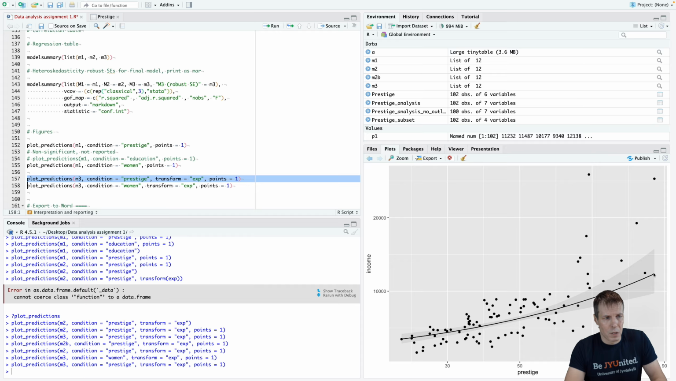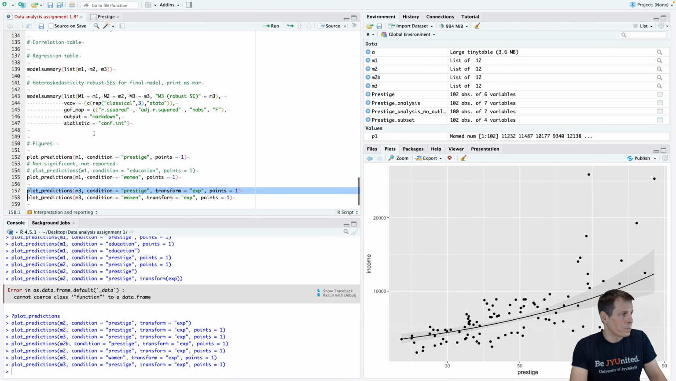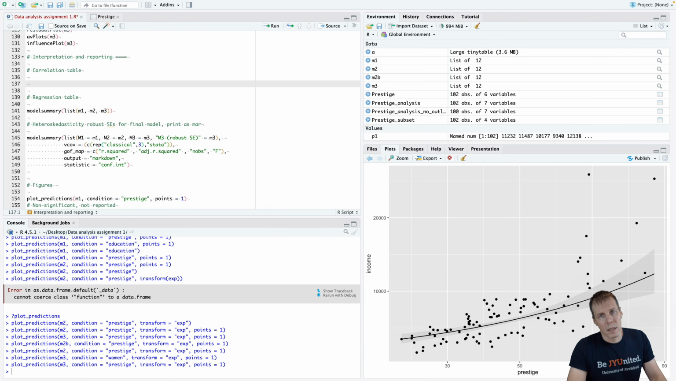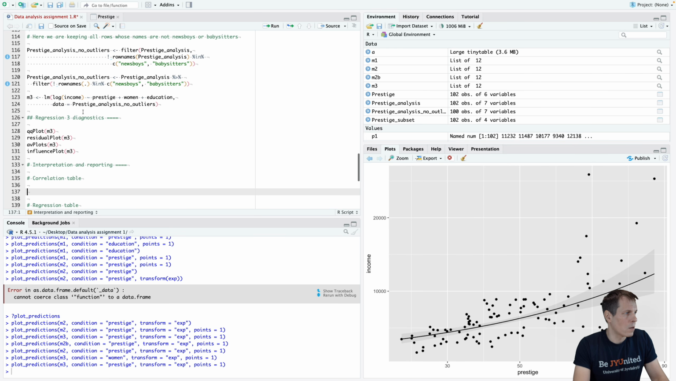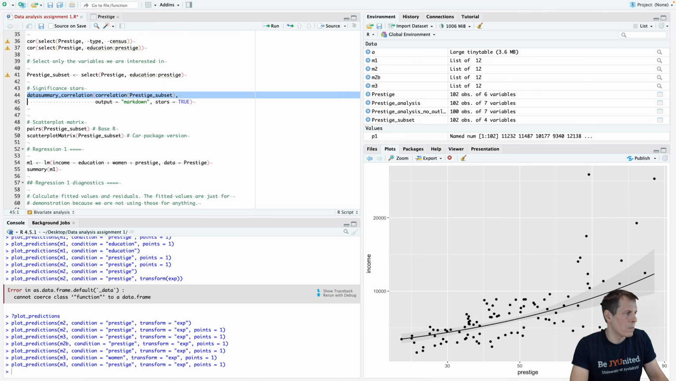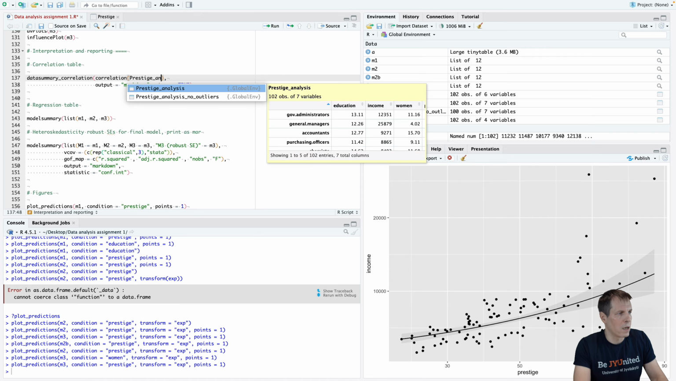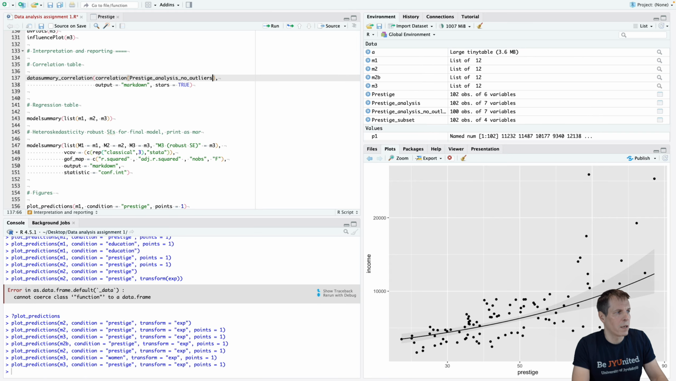That's a very substantial increase. Okay, then we have the final thing, the correlation table, and the correlation table is something that we need to do, and it's important to do it with the final data. We can do the correlation table by using the model summary. So the model summary has the correlations. We have the data summary correlation. So we would do this for prestige, analysis, no outlier. This is our final data,